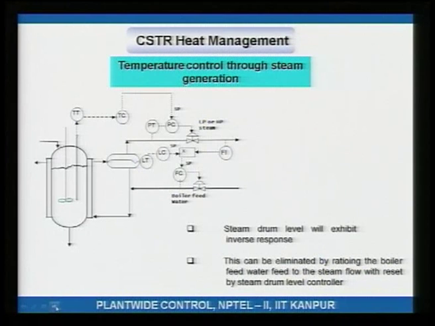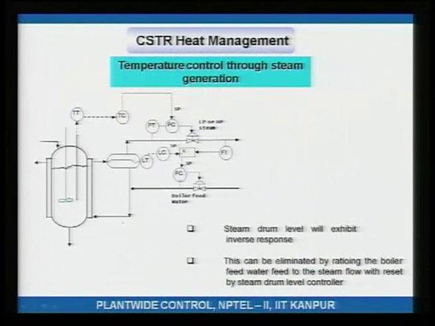Okay. Well, cooling water can be used if your reactor temperature is, let us say, 60, 70, 80, 90 degrees Celsius. Then you can use cooling water to remove the reaction heat. Let us say the operating temperature of the reactor is supposed to be 200 degrees Celsius. If that is the case, what is done is you are still using water, but the reaction heat is used to generate steam, and that scheme is shown here.